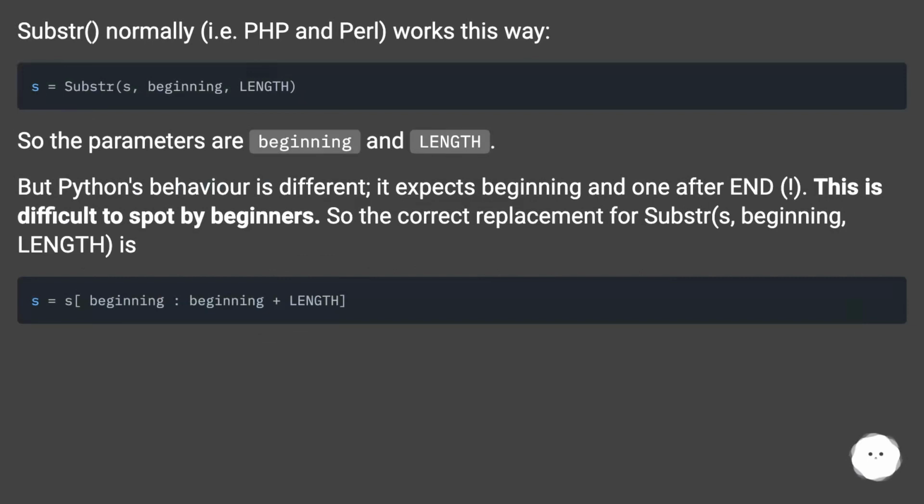Substring, normally, i.e. in PHP and Perl, works this way: the parameters are beginning and length. But Python's behavior is different. It expects beginning and one after end. This is difficult to spot by beginners. So the correct replacement for substring(s, beginning, length) is